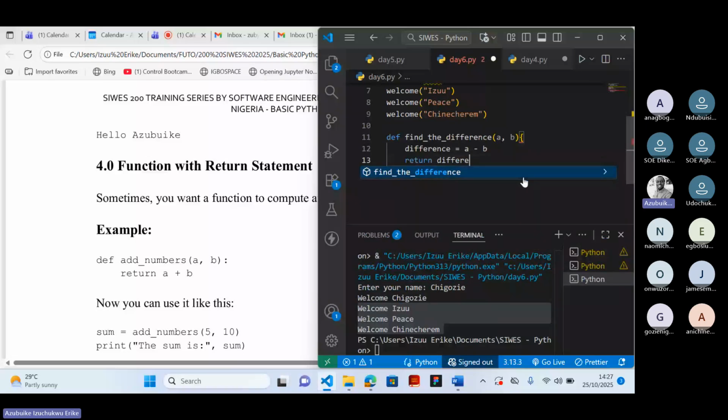I hope that makes sense. I say find the difference, and what I want you to look for the difference of is A and B. The difference between A and B is A minus B, and I say whatever you compute here, assign it to this, and then return the value. Now, if you call this function,